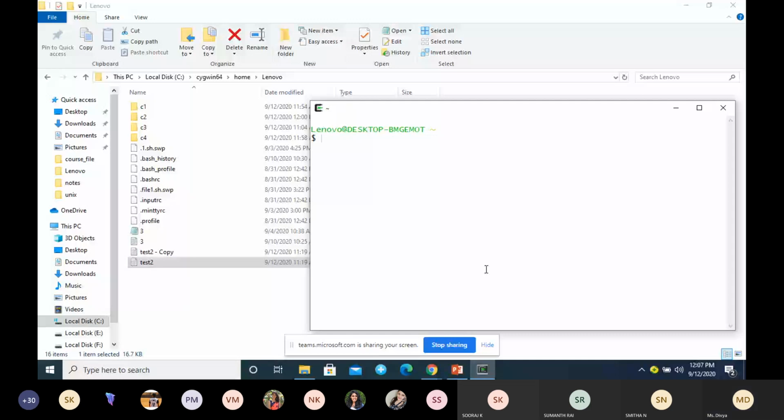So first is renaming. I'll show you how to rename a file using the mv command.